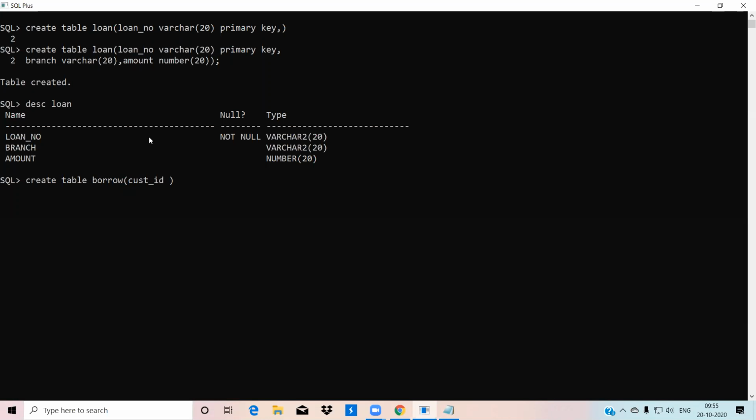Create table borrow, which has cust_ID, customer ID, as varchar of 20, which is the primary key. Next is